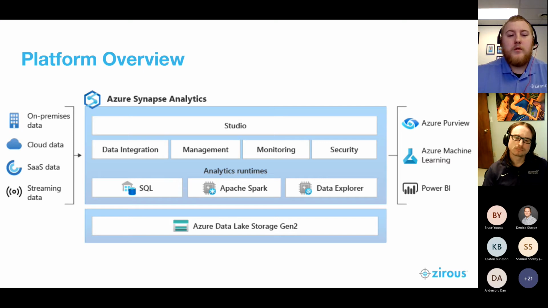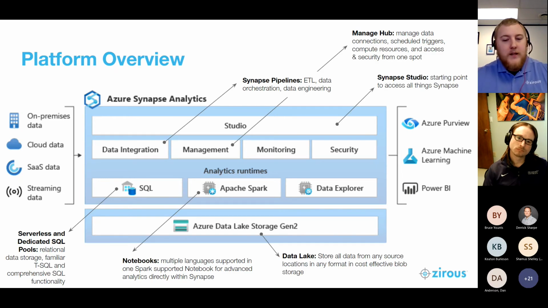When working with Synapse, users will access the Azure Synapse Studio from within the Azure environment. As we just got done mentioning, this is where before within the Azure environment, you had to access many different tools. Synapse Analytics Studio makes it easy to access in one spot. So Synapse Analytics Studio is a unified environment for data integration, data management, monitoring, and security, all in one spot. It can connect to many different data sources, whether it be in the cloud or on-prem. We'll talk a little bit more in the presentation of how to connect to these data sources.